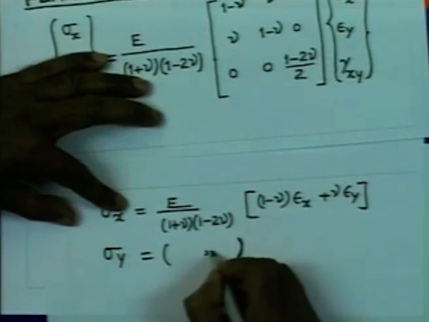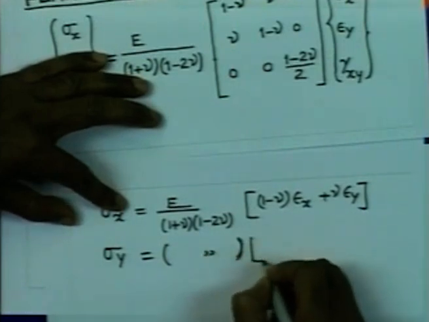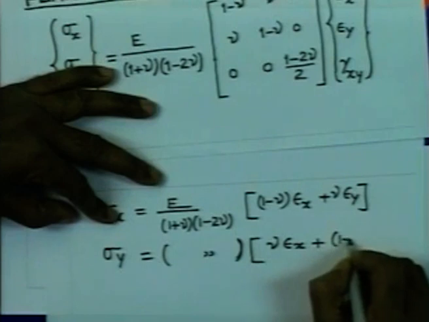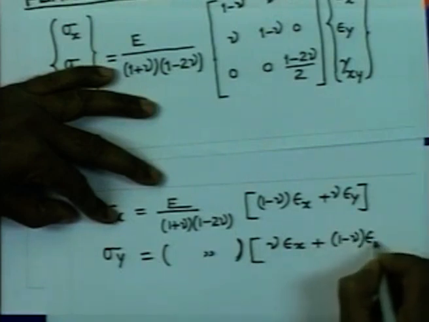So, therefore, we will just write this constant, and this is nu times epsilon x plus 1 minus nu epsilon y, and shear stress tau xy is equal to E by 2 into 1 plus nu multiplied by gamma xy. So, these are the relations for plane strain,